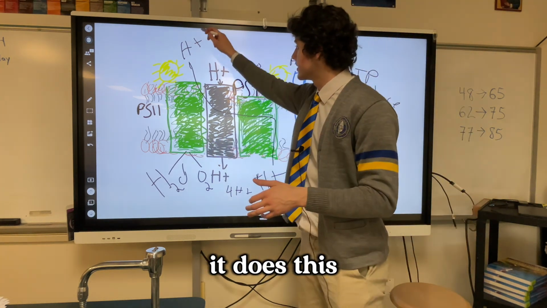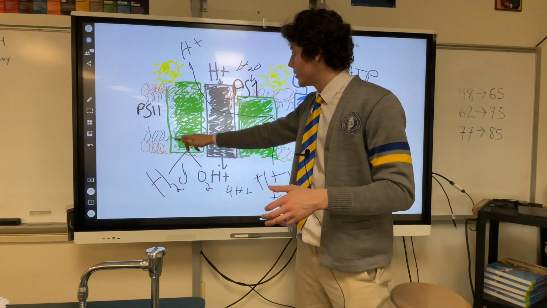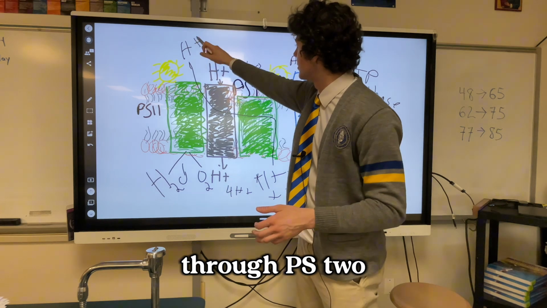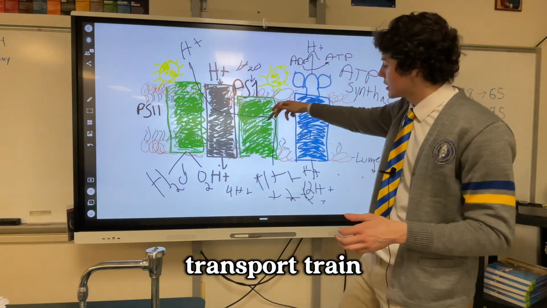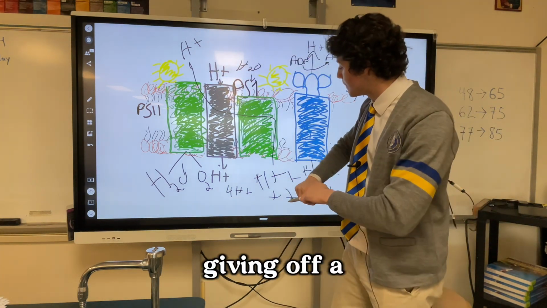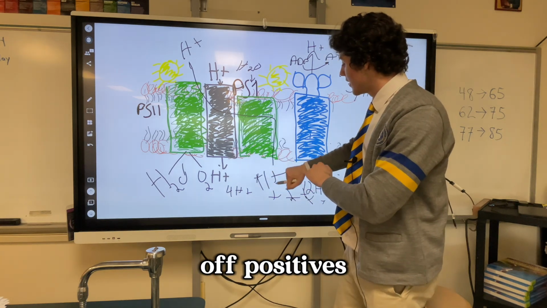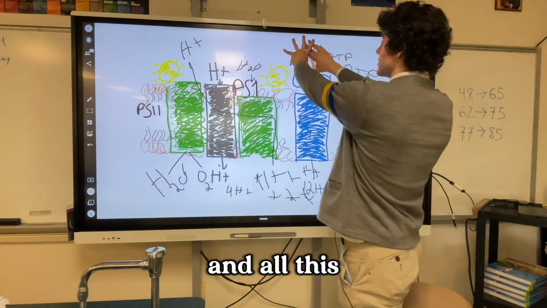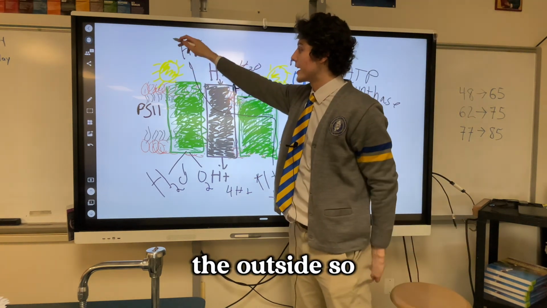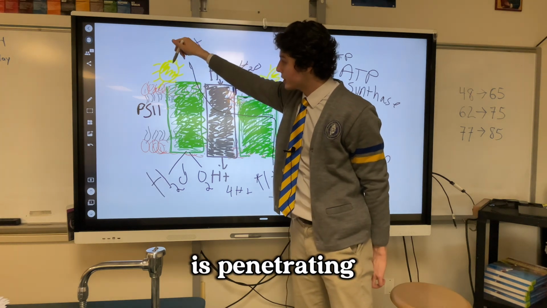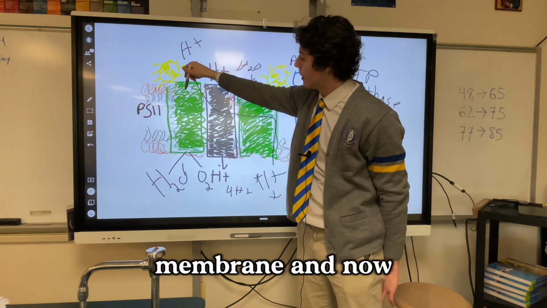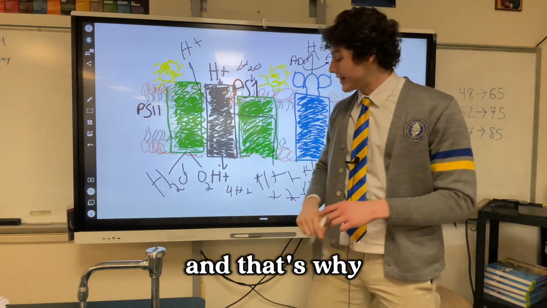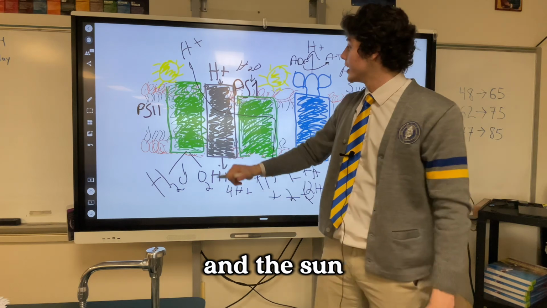Every time we use light, we use the H2O, the O2 comes off, the H is up here, it's going through PS2, and when it moves to the electron transport chain, every time it does that, it's giving off a positive, right? We're dropping off positives down here. So now, all these positives are in the lumen, and all of this is the stoma, right? The sun is coming from the outside. So this sun is penetrating the stoma into the thylakoid membrane. And now all of this is coming down. The water, remember I said the water comes through the roots, and that's why it's coming from below. And the sun, the oxygen,